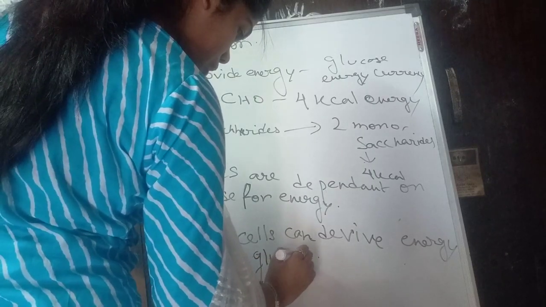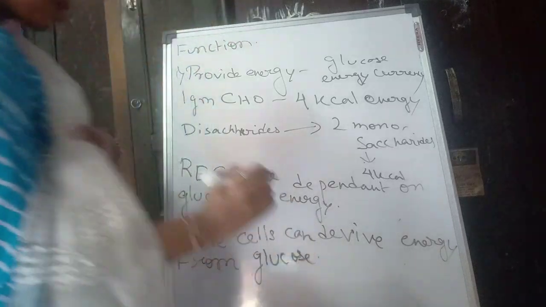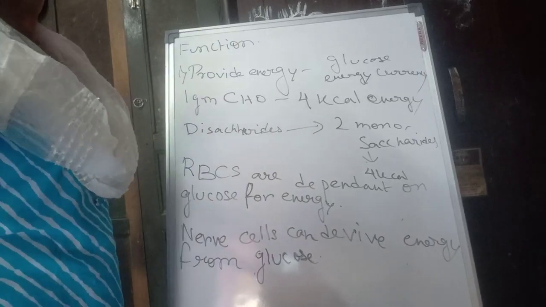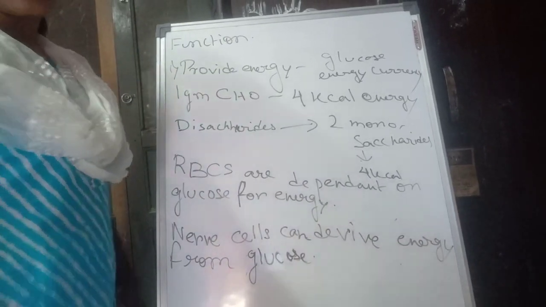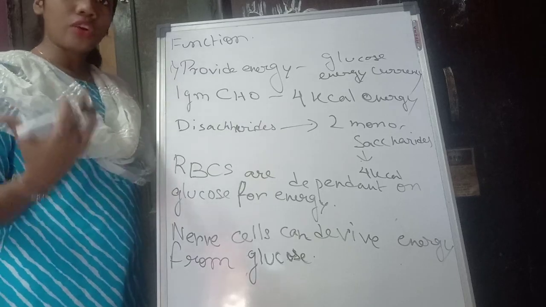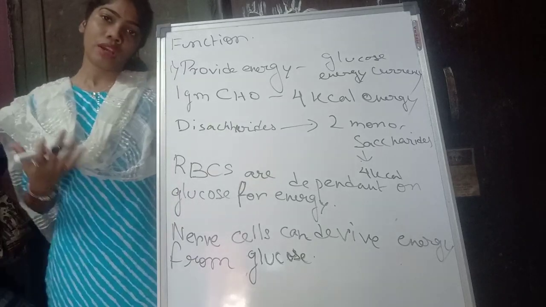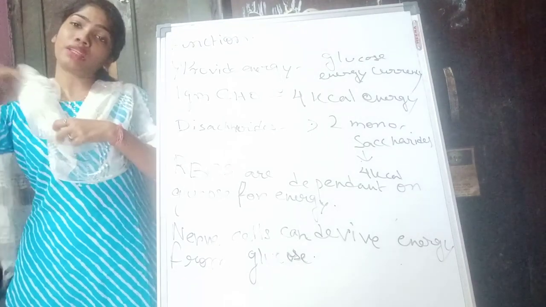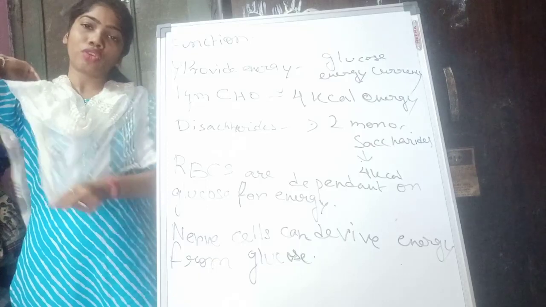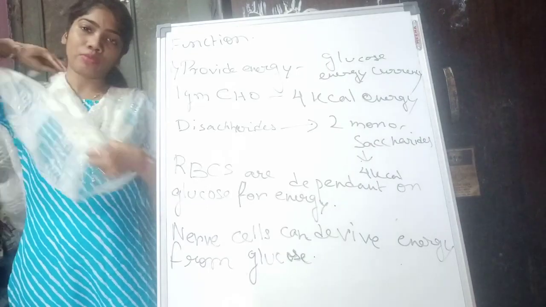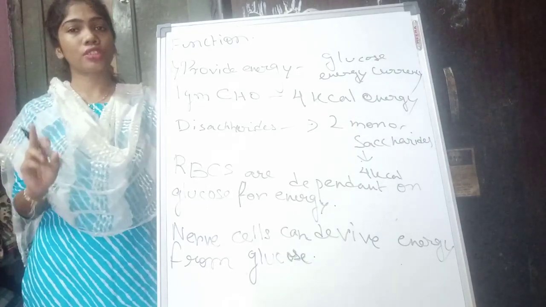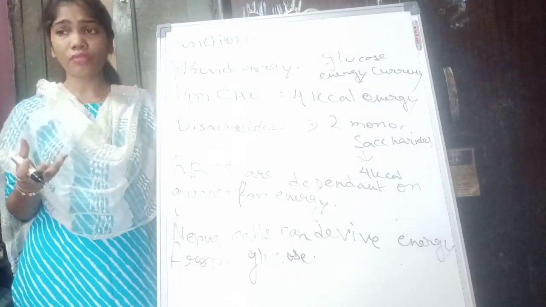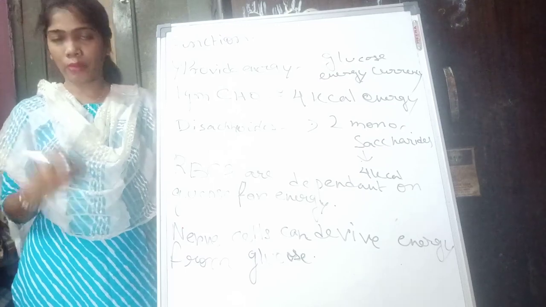ketone bodies, but that is usually not preferred by the body, as that requires a lot of ketone bodies, and if the body needs to produce that many ketone bodies, this can be toxic for the body too. That is why nerve cells always prefer deriving energy from their primary preference, that is glucose, and they cannot derive energy from other sources like fat and amino acids.